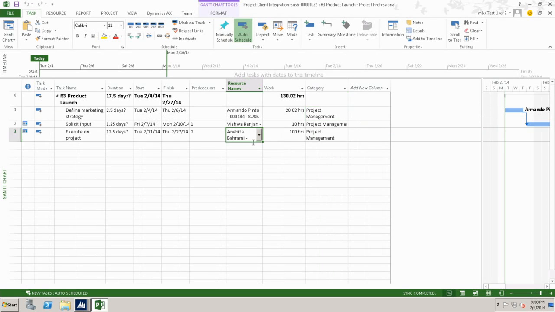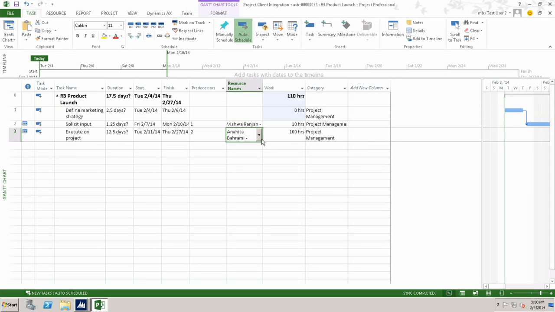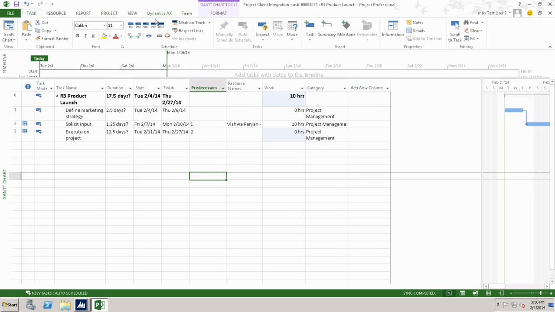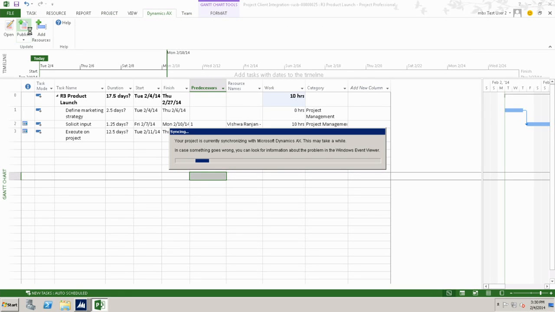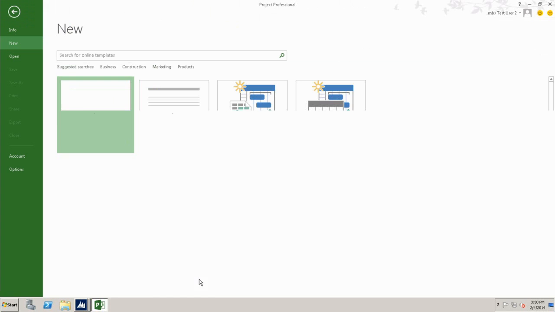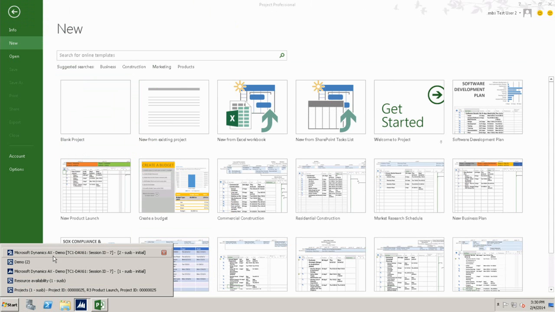You can also make some other adjustments here, right? I don't want Armando on this project anymore. You know what, Anahita, I don't want you either. And I'm going to publish it back to AX. So it's really well integrated with AX. You choose your surface area, either AX or Microsoft Project. You do your staffing in either of those two, and then you publish them back to AX. So if I go to AX, under normal circumstances, you should see the staffing taking place.